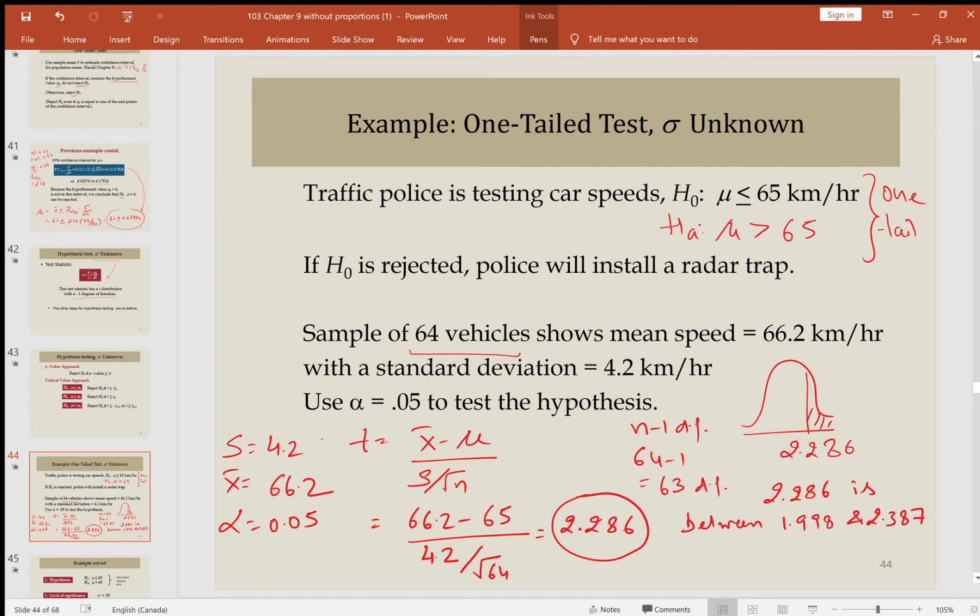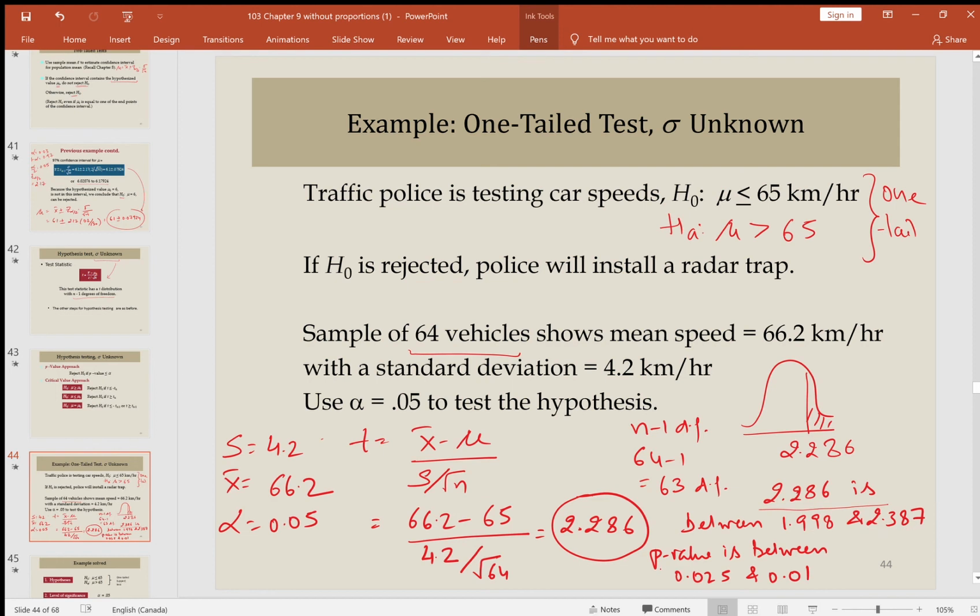Okay, which means that the p-value is between 0.025 and 0.01. Okay, because our test statistic is 2.286, and this is between 1.998 and 2.387 on the T table, and